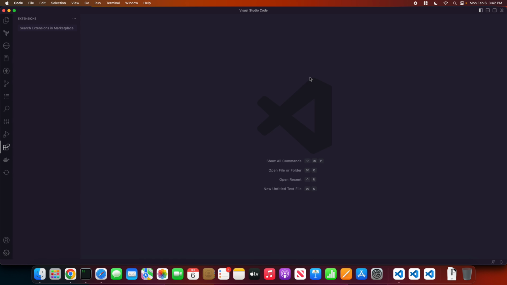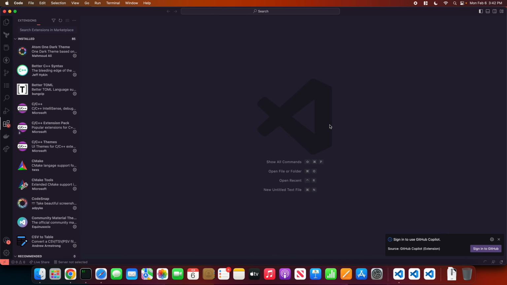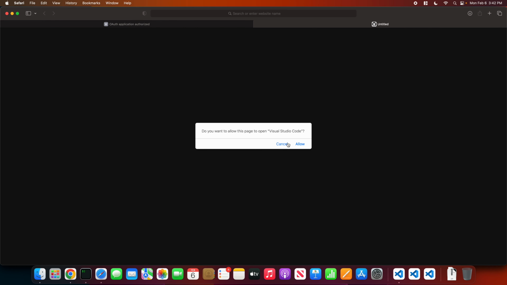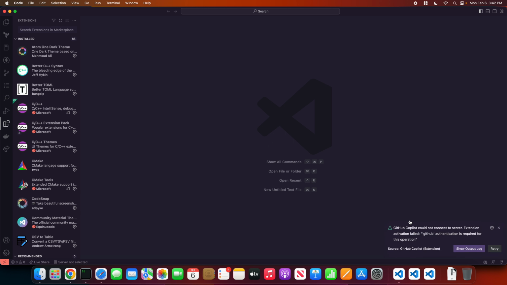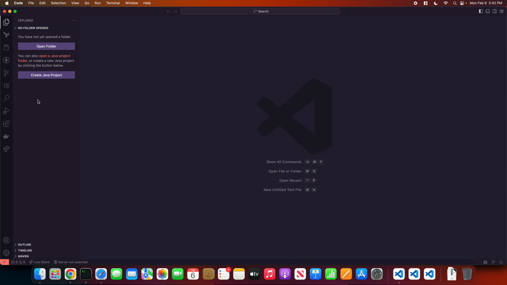But anyways, it's asking me to reload, and this should properly prompt everything to me. So what you guys just saw there was GitHub Copilot asking me to sign in. Okay, yeah, and GitHub Copilot is going, as you can see. So with that being said,